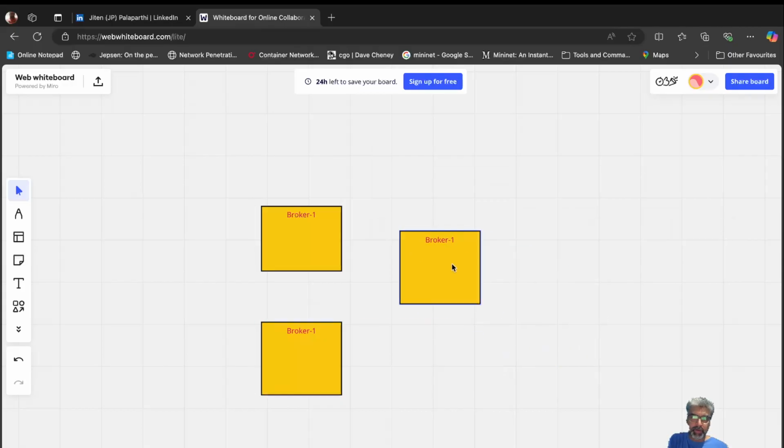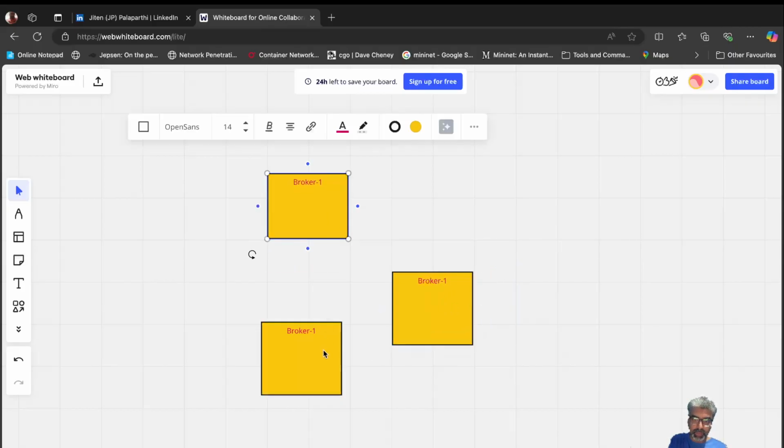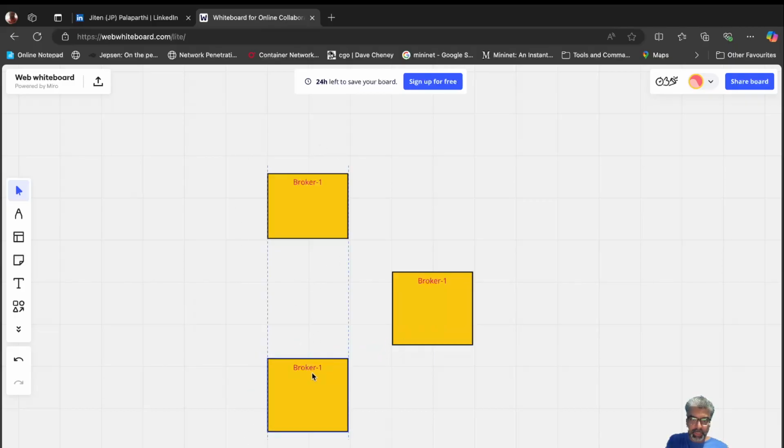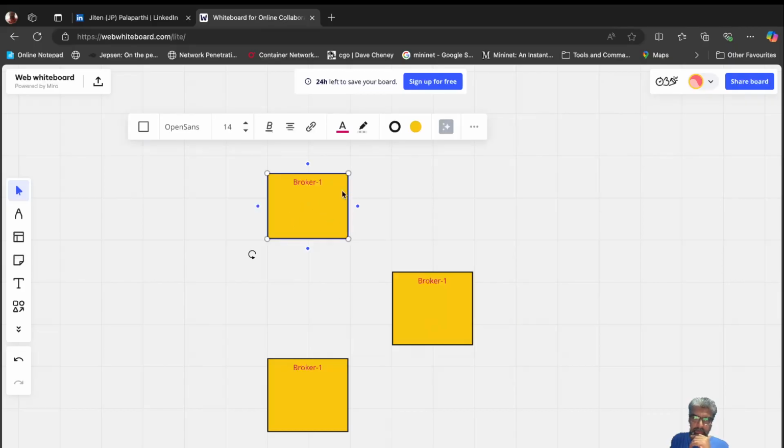Why three? Why not four? Generally, these brokers form a quorum. It's a cluster, and the whole thing we call a Kafka cluster. The whole cluster forms a quorum. In forming a quorum, they always work on n by 2. Why do three servers form a quorum? Because if one of the brokers has failed and is no longer working,